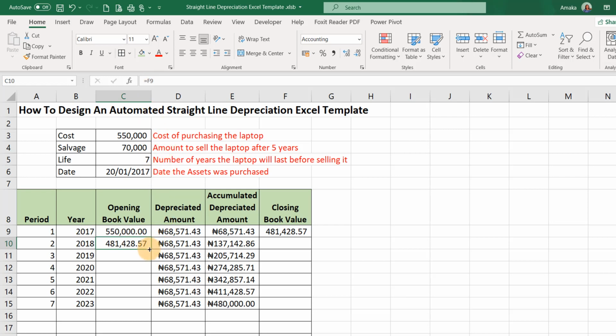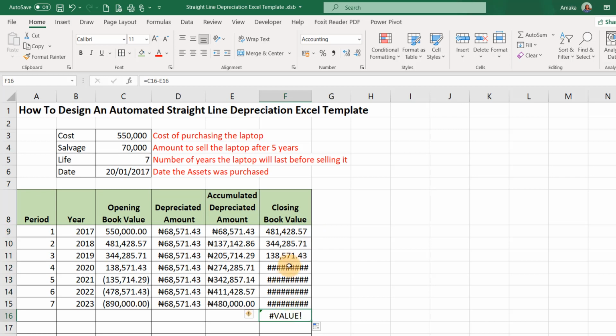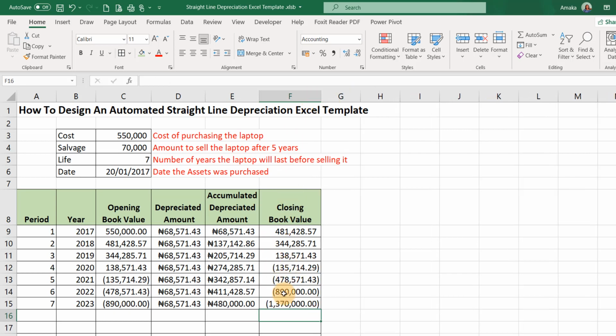So when you drag it down, first of all, we need to drag this down. You see, we have it. While we are seeing this value, here there's no figure. So we'll stop at 5, but we are yet to automate our formula. So what we'll be doing now is to automate this formula by wrapping an if function around it. So you just say if